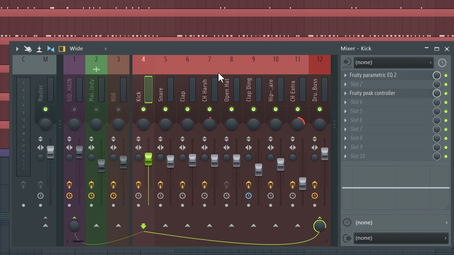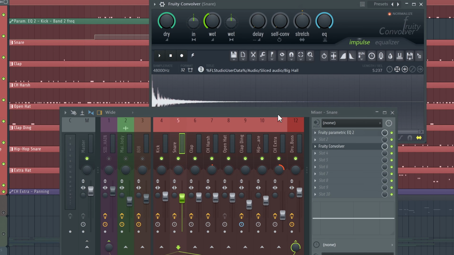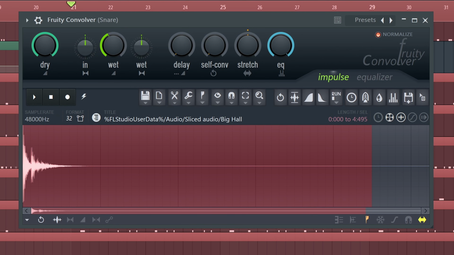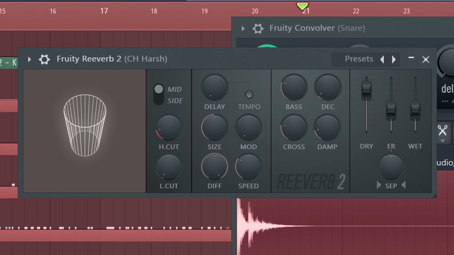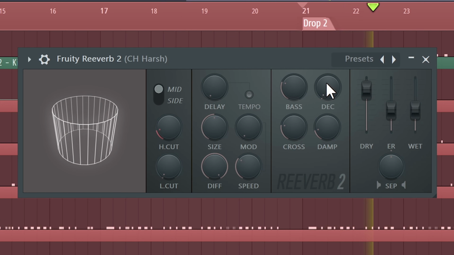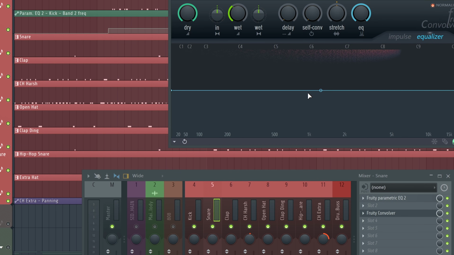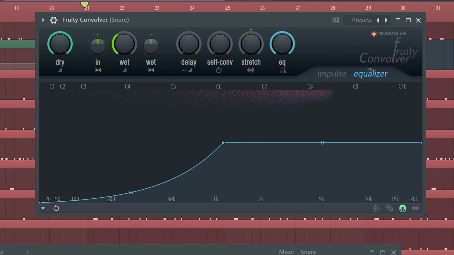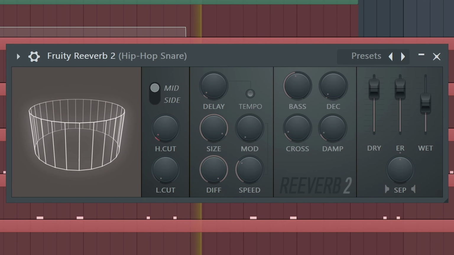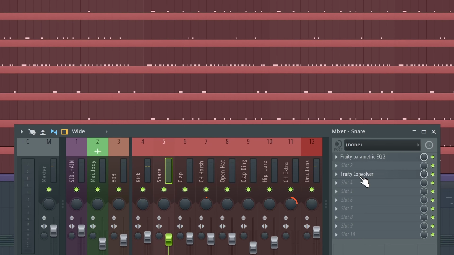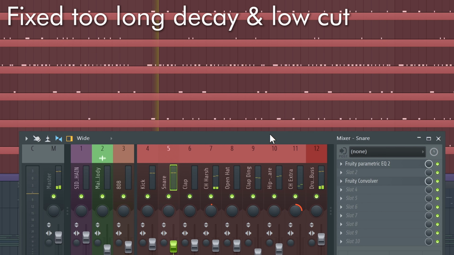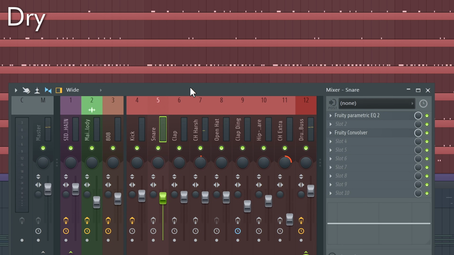So first thing, with wet overprocessing, we tend to just add too long reverbs. So on the snares, for example, we can go and make it shorter, like that. On the hats, already way better. And now in the equalizers of your reverb, if you cut down the lows, in the Fruity Reverb, you have it here. And now, and without any reverb,